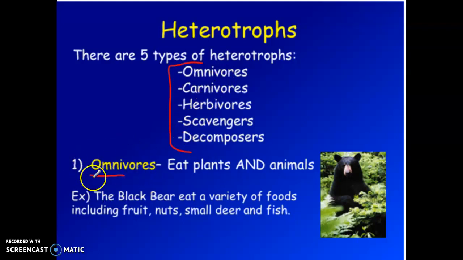So an omnivore is an organism that eats both plant and animal material. Okay, so for example, bears, right? Bears can eat fruits and nuts, but they also eat small living things as well. So fish, deer, maybe rabbits. We are omnivores as humans. So meaning this is not necessarily what you choose to eat, but what you actually can eat.